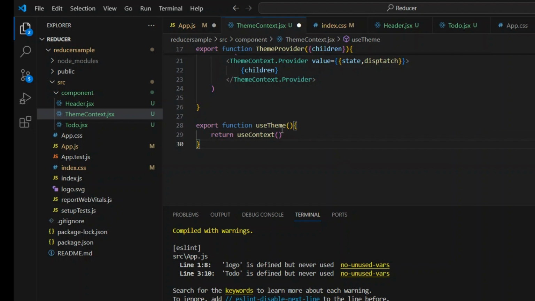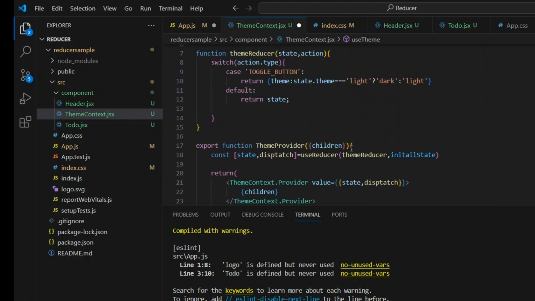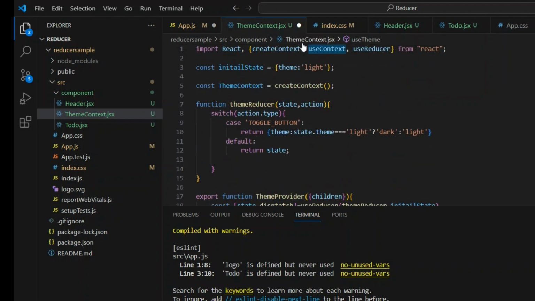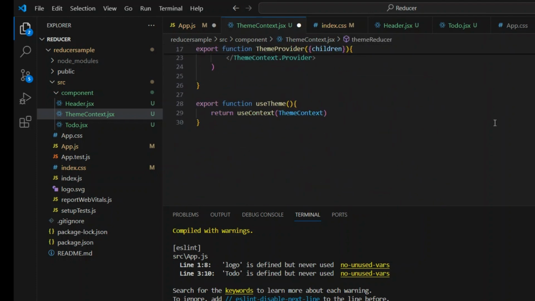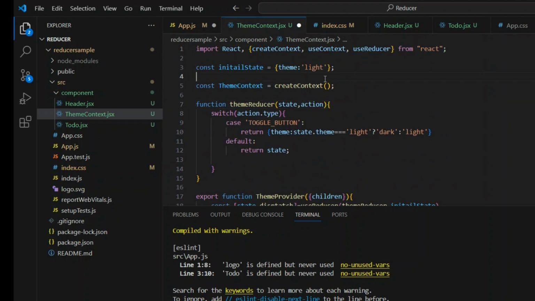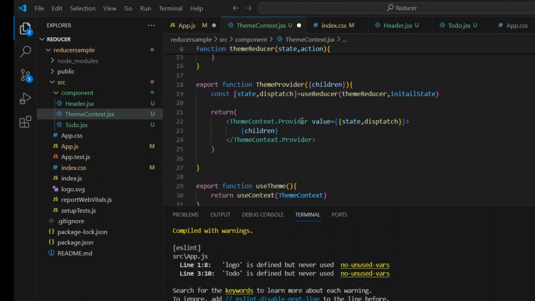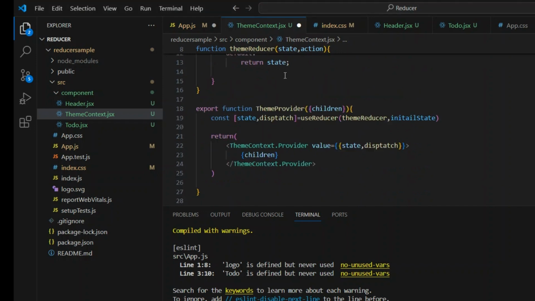Here we will pass the theme context. And as we have written the useTheme, as we have written the useContext, it automatically been imported in the React import statement. So what we did, we created a context, then we created an initial state, then we created a custom provider component,